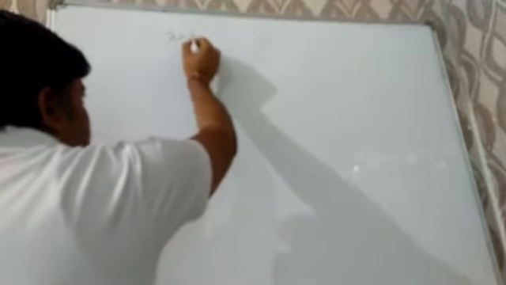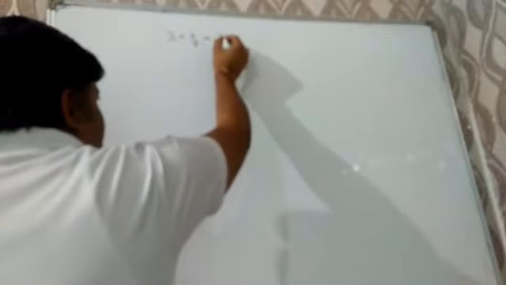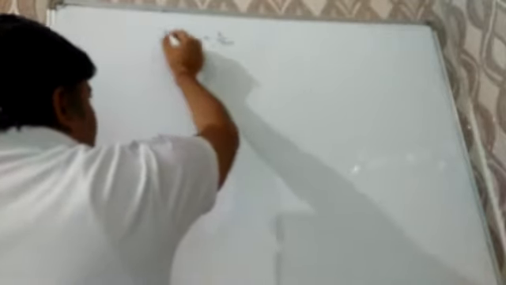So, in atomic structure, in the last lecture we discussed the numericals and the derivations of the de Broglie wave equation and the relations related to it. According to the de Broglie wave equation, lambda is equal to h by p, or lambda is equal to h by mv, where lambda is the wavelength, h is Planck's constant, p is the momentum, m is the mass of the particle, and v is the velocity.